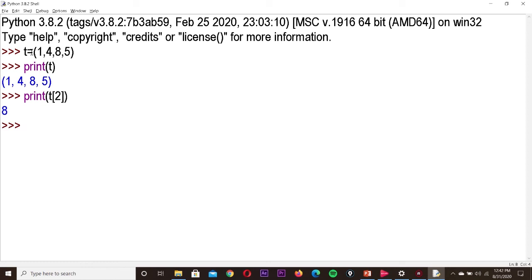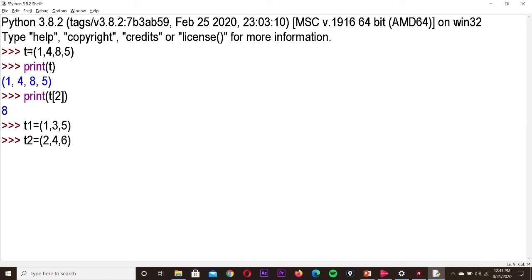Next, how to update we discussed. So how will you update the tuple? We can only add two tuples or join two tuples, and we can delete the tuple, that's all. So I'm initializing one tuple t1 as some odd numbers, 3, 5. Next I am using one more tuple with even numbers, 2, 4, 6.